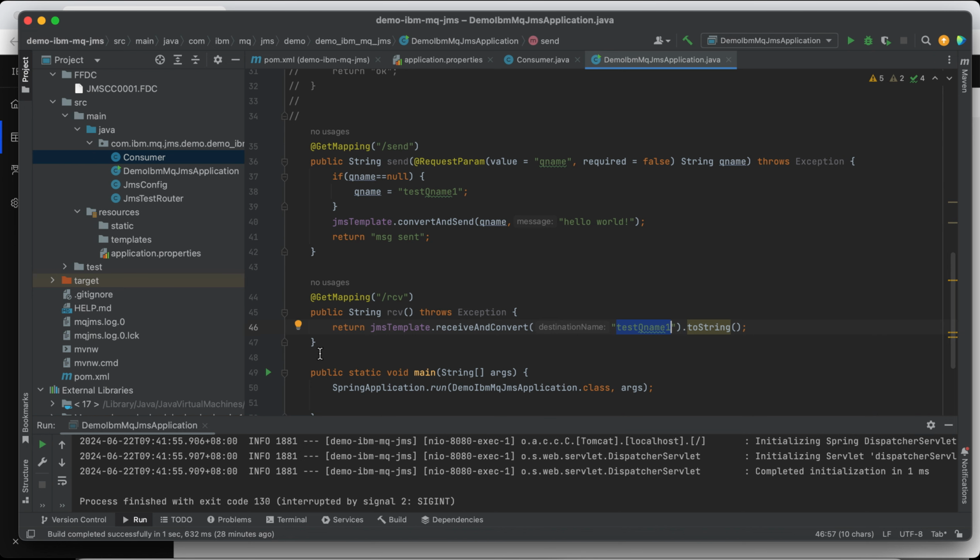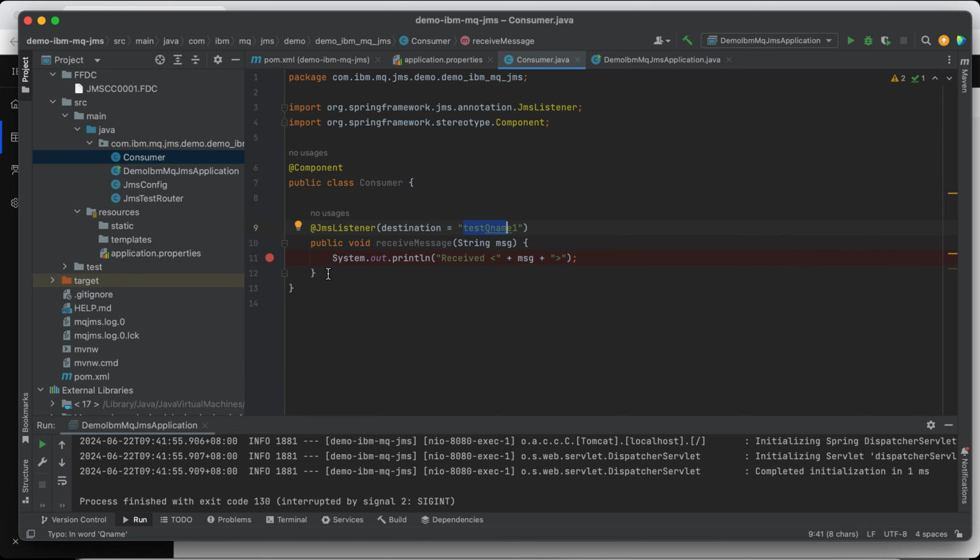But that one is manual, while this one is automatic. It's like every time we send a message, IBM MQ will notify us. So it's like we subscribe to this particular queue.